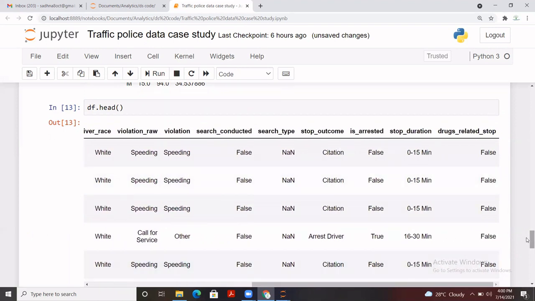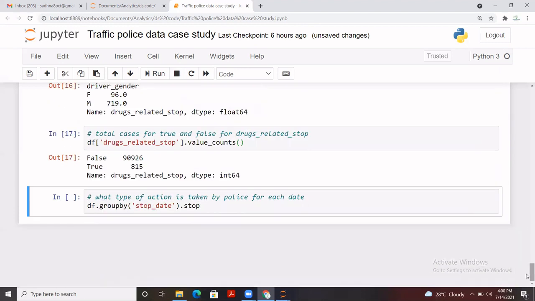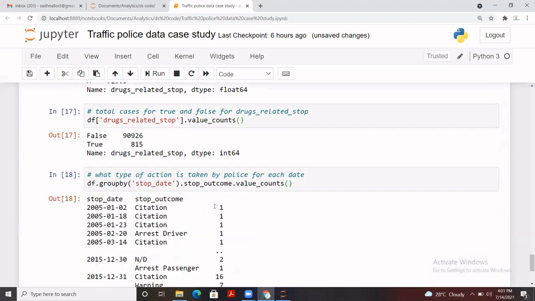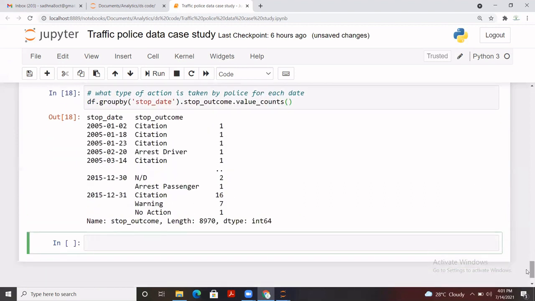So here it goes, I'll write stop_outcome here, and then we can apply value counts on this, so that we can check for this date what the particular stop outcome was and the total number of occurrences that we have. So this is what we can find out. This is one of the options that we can do.